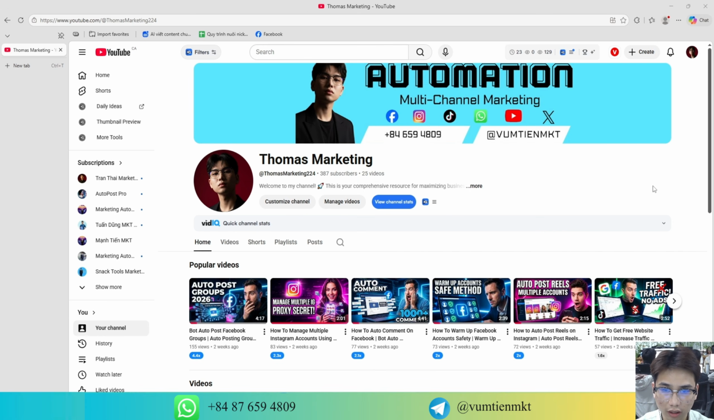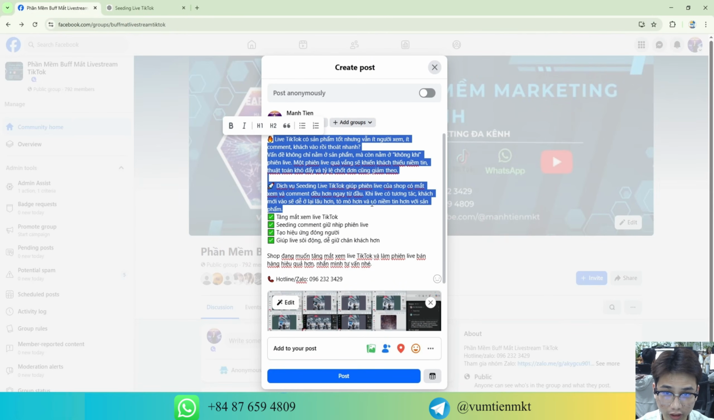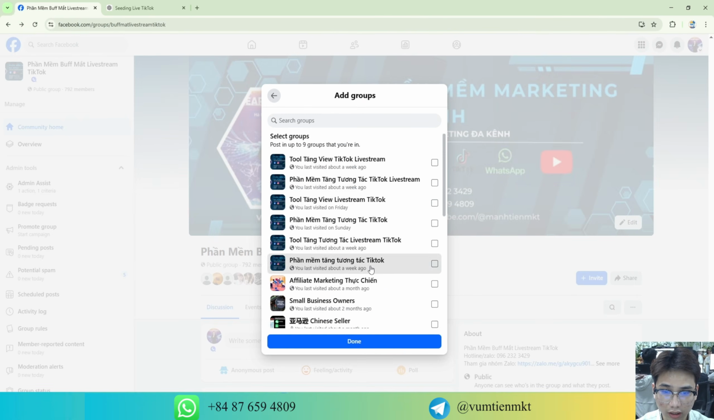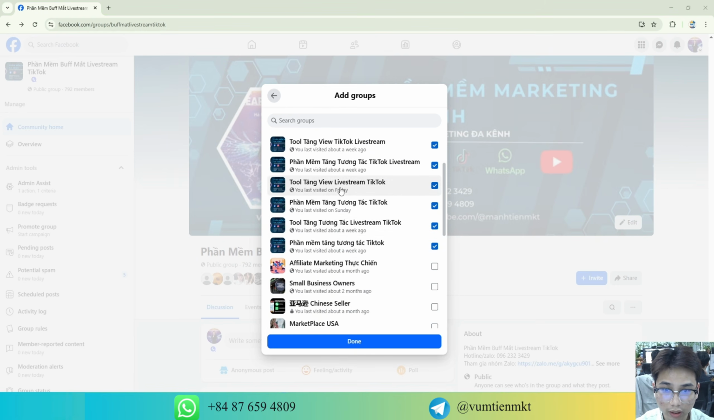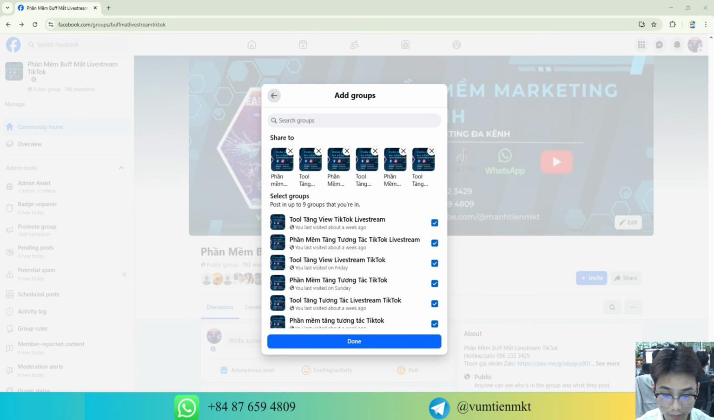Today I'm going to show you how to post automatically. Normally when you post, you prepare content like this and add groups, right? Then you post to a bunch of groups like this. And when you post like this, your risk is significantly reduced, because all content on digital platforms prioritizes authentic content